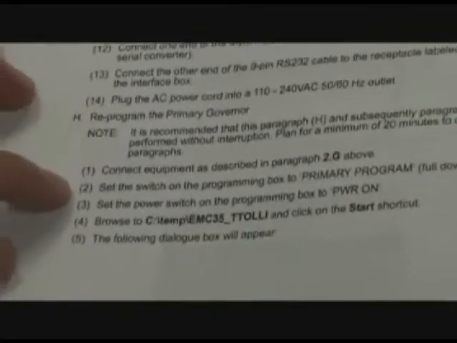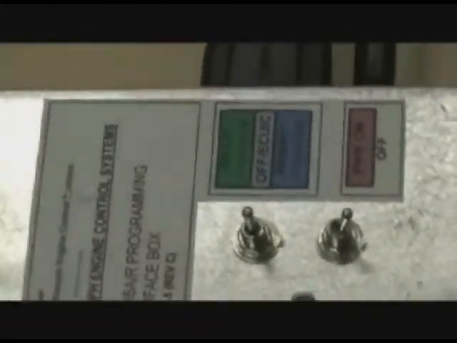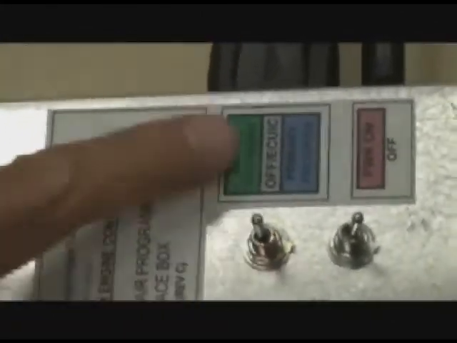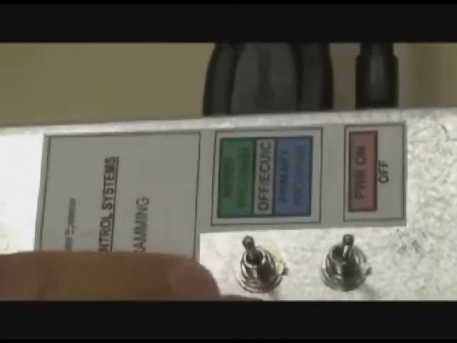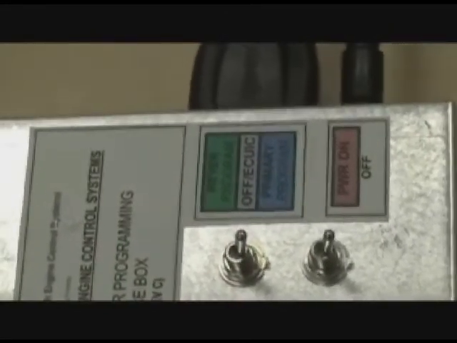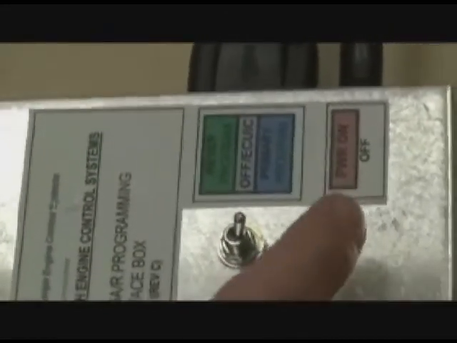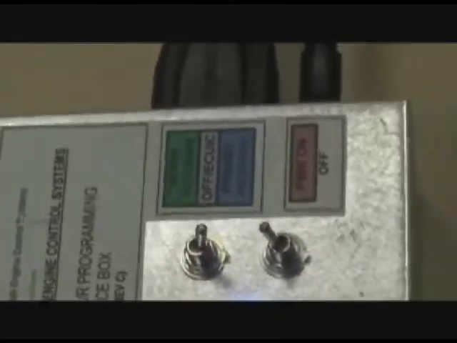So you connect the equipment as described above. We'll go to our switch box, and we're going to set it to primary program. So that's the full down position because we're programming the primary channel. Then we're going to turn the power on that box. Then we're going to come back over here to the computer,